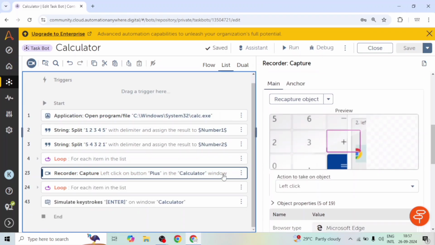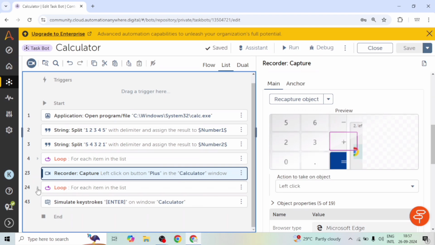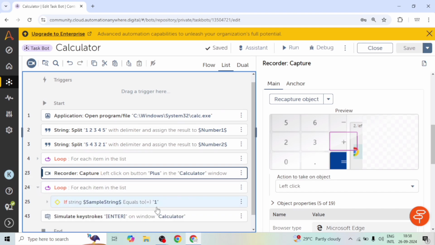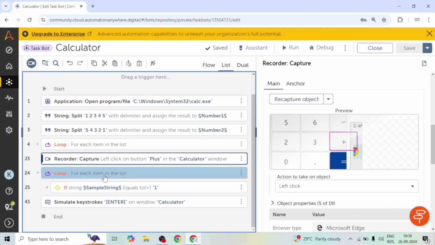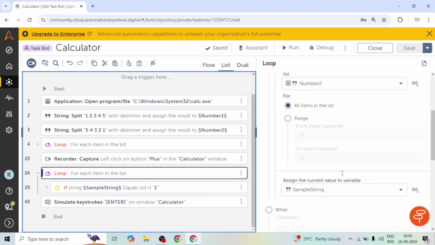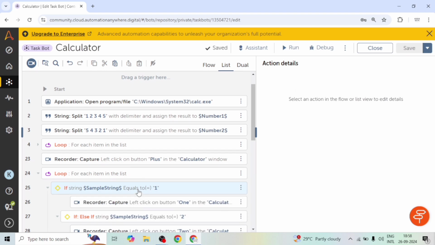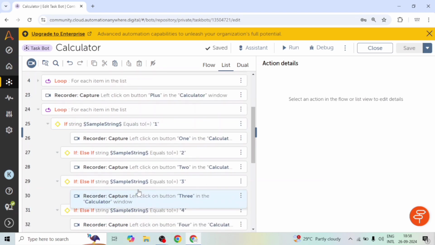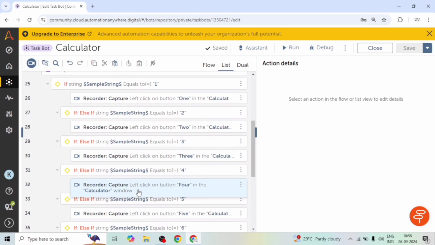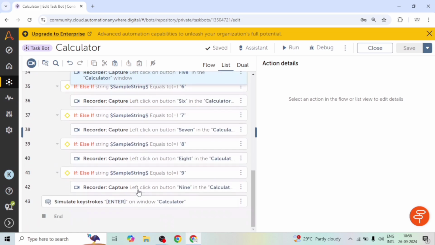After pressing the first number, we are pressing the plus key in the calculator, because we are going to do the addition. So we will press the first number, then we'll press the plus key, and after that we are performing the same loop for number 2 also, so that it can press the digits of the number 2 list, and at the end we are pressing enter. So let me run the bot and